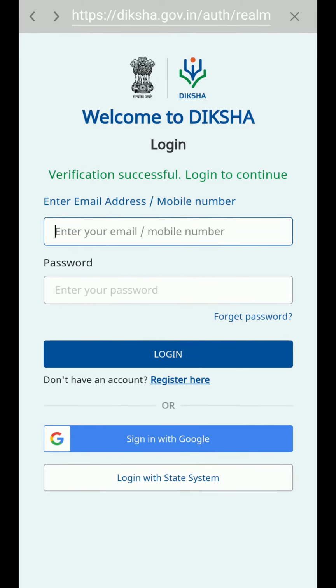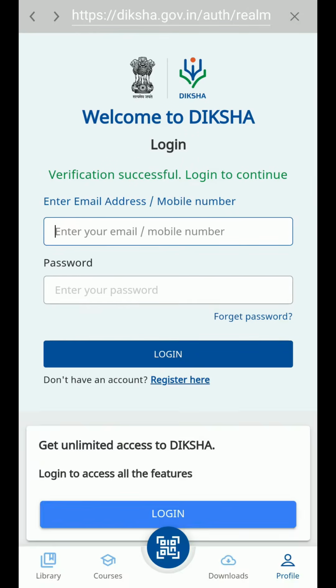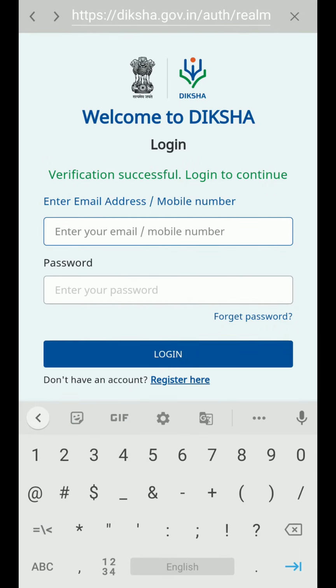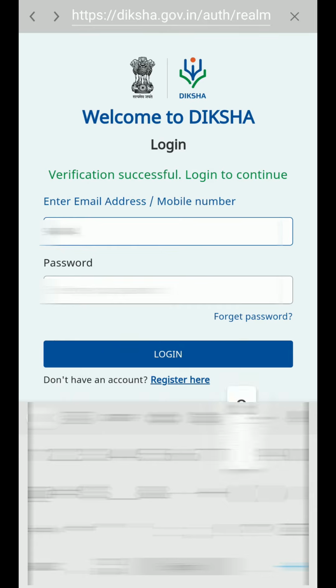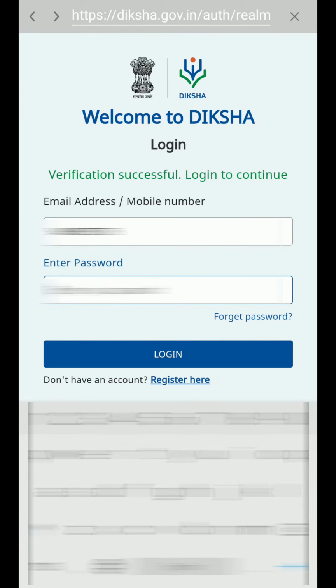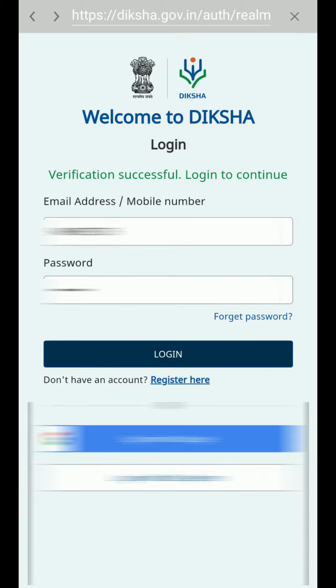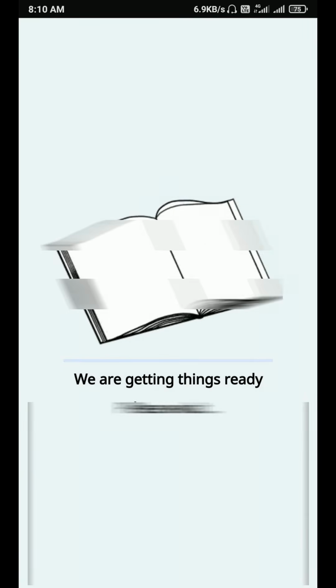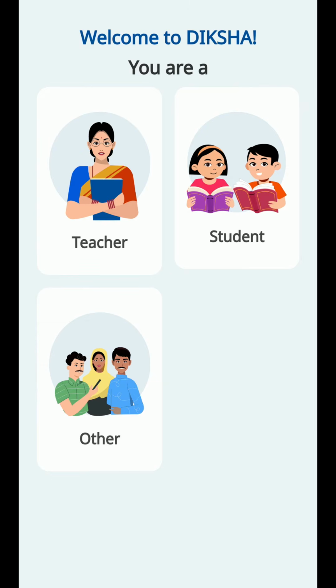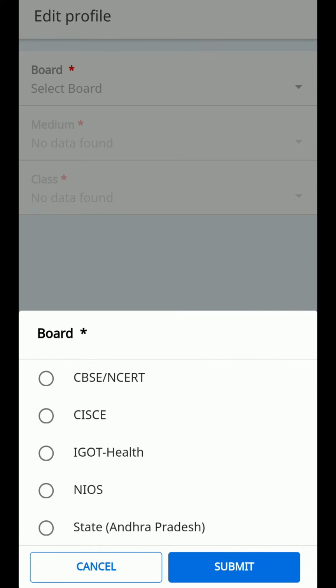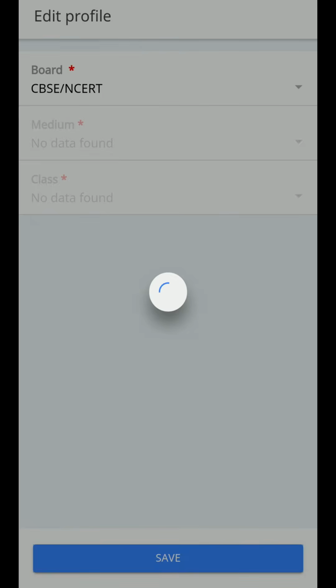Again, same login window will appear. Enter your mobile number and password. Click login button. Select the board, CBSE or NCERT.